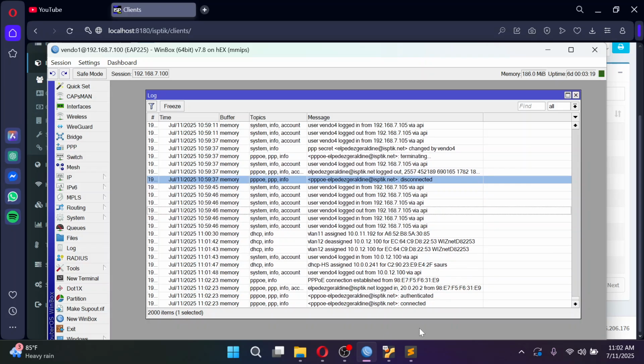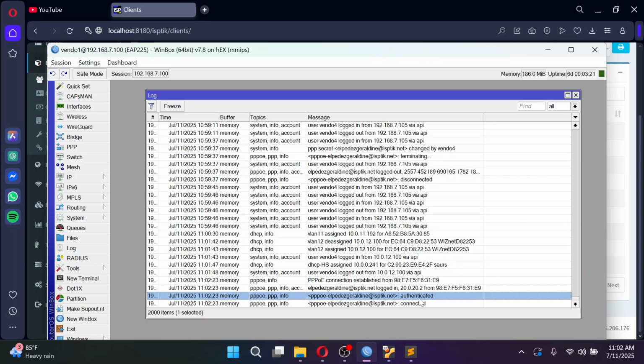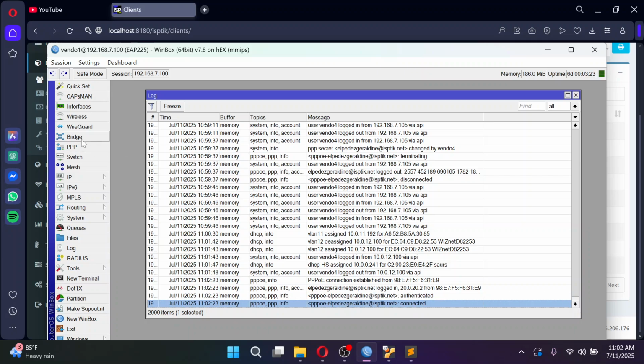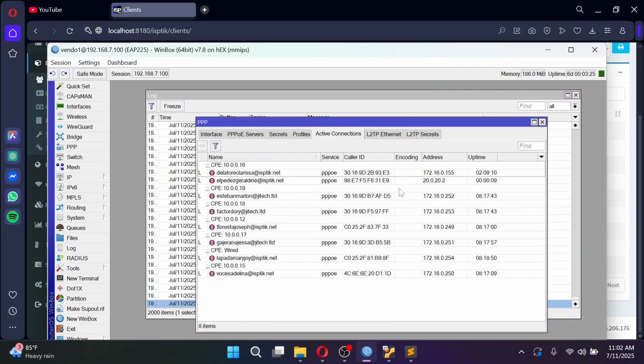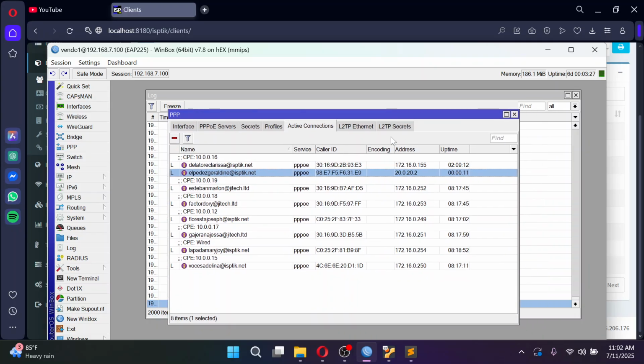There you go. So authenticated and then connected, but if you will take a look at the address, it is now using the address from our address list of past due clients.